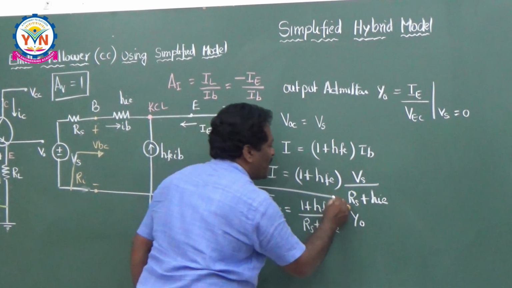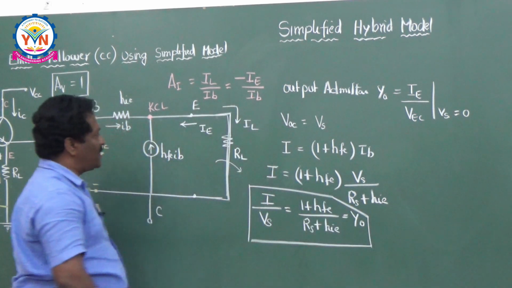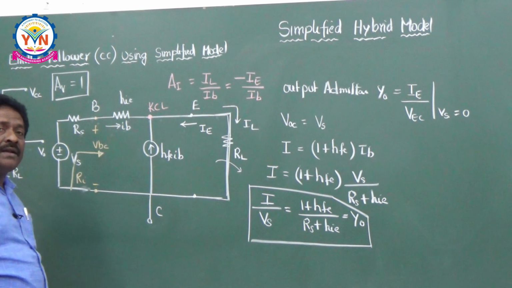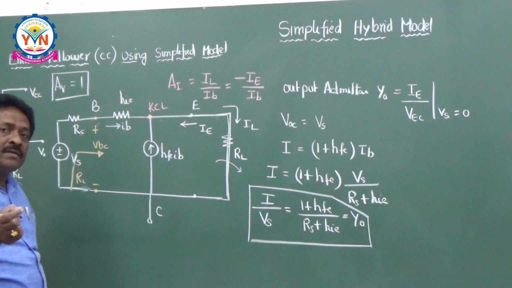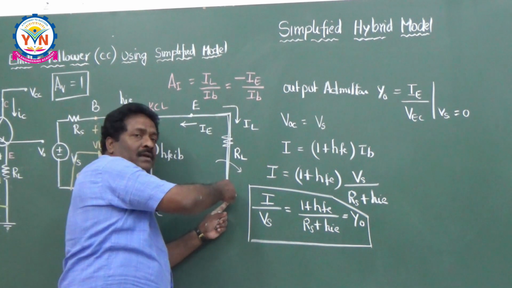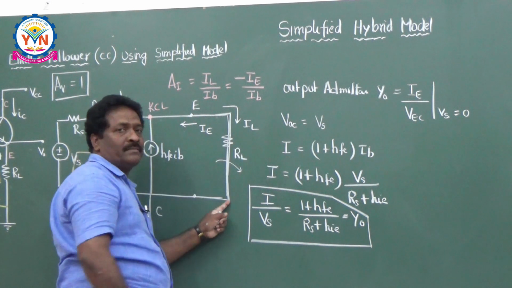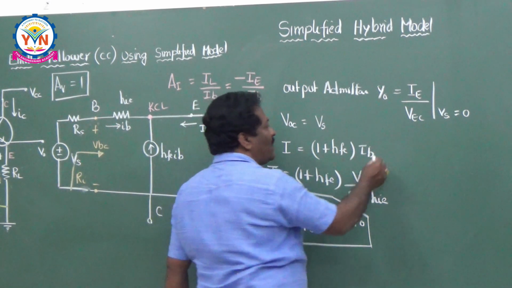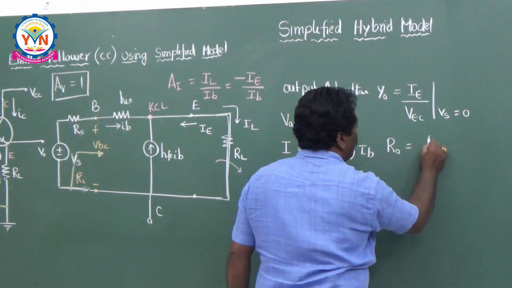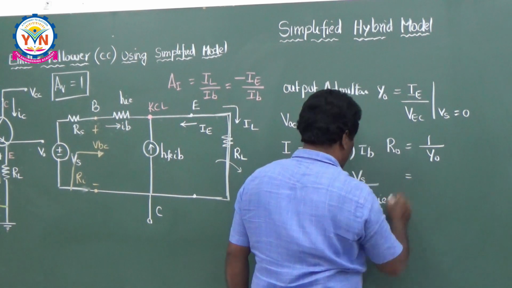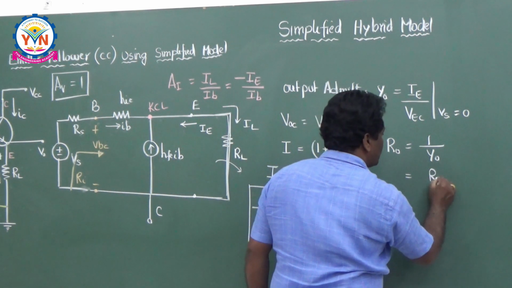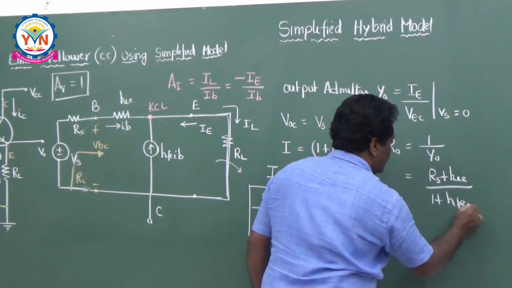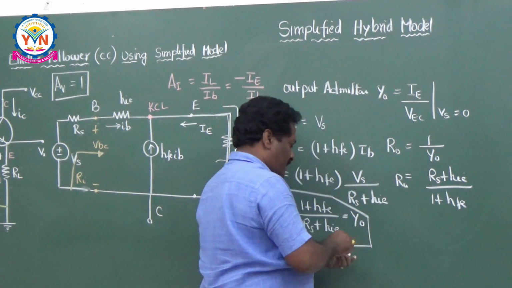Whenever the circuit has both dependent and independent sources, from our network analysis it is already known that you have to find the short circuit current through the load resistance and the open circuit voltage by removing it. So I by Vs is nothing but Y0, so it is an admittance. Then automatically, what is R0? R0 is equal to 1 by Y0, the reciprocal of this. So that is equal to (Rs plus HIE) divided by (1 plus HFE), which is the output resistance R0 for our